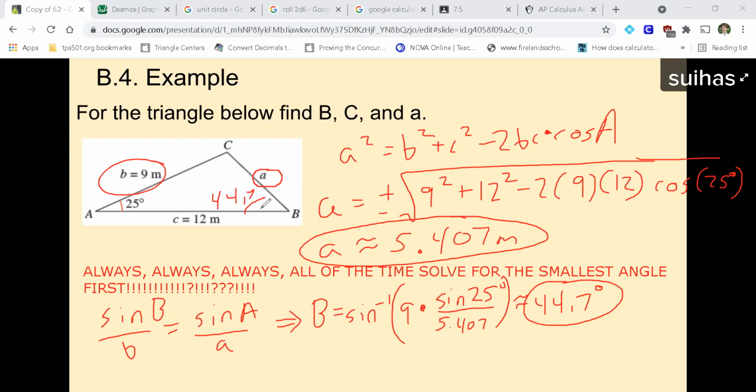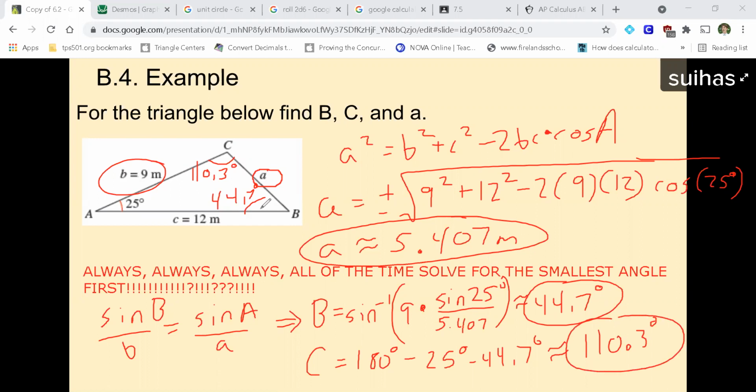And now I could find angle C by just subtracting. C is 180 minus 25 minus 44.7. And if you do that, you get 110.3 degrees. So it turns out that C actually was obtuse. So if you solved it first and you didn't check for the other angle, you would have gotten that C was acute, and then subtracted to get 180 for B and got that B was the bigger angle, which actually should be a relief,